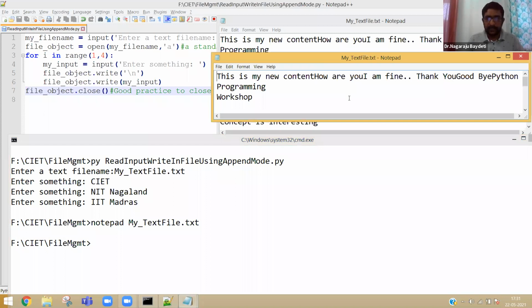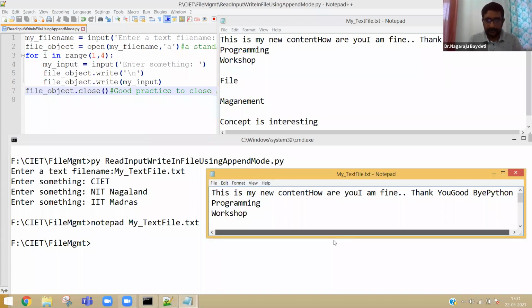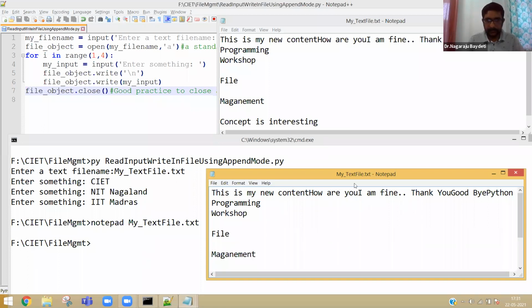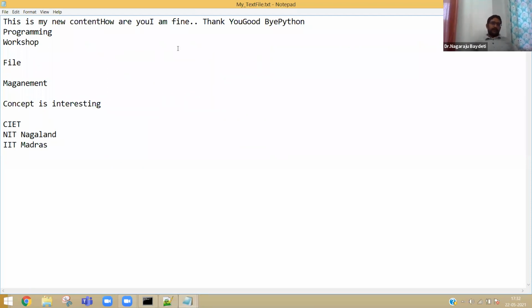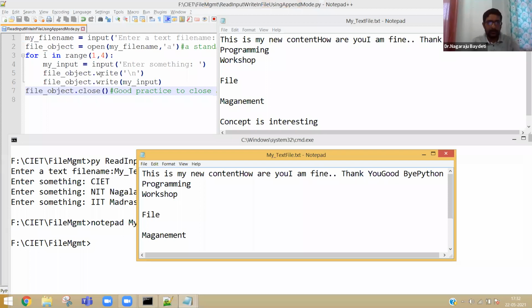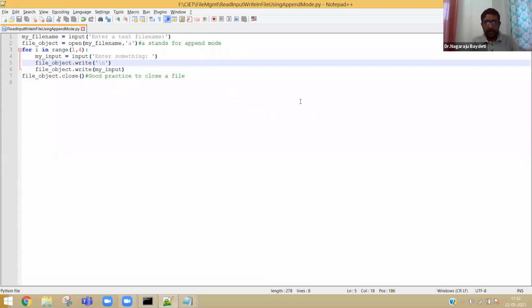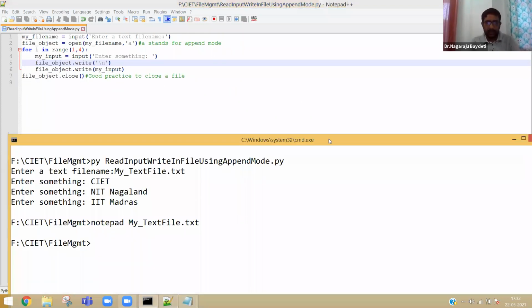See, the current contents are concept is interesting, correct? Then, let me by default open. You see, this is the file. CIET, NIT Nagaland, IIT Madras. I believe you guys have understood clearly.